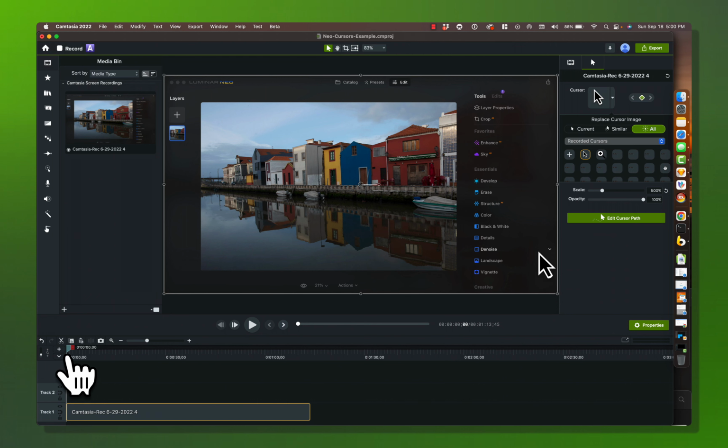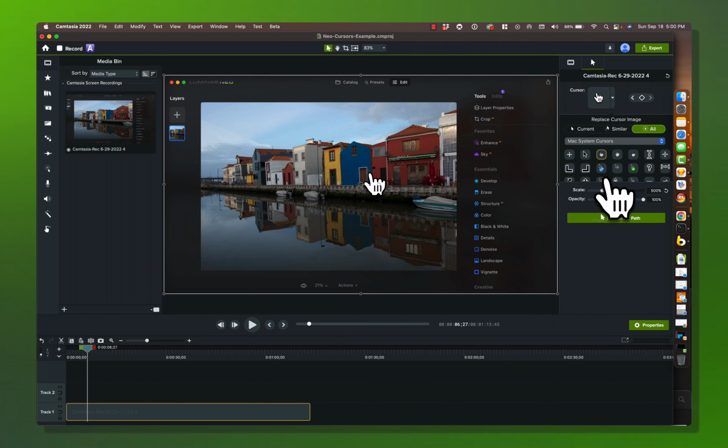Now I can go back in and start to add keyframes using the diamond indicator right here, and start to do things like use the drop-down list here, which will show you the cursor packs available. We have Mac and Windows and the recorded cursors, the cursors that came along with the piece of media in the recording. We also ship with the Mac and Windows system cursors, and these are both all vector cursors that you can use. So I'm going to go in here and I'm going to choose to insert at this keyframe right here